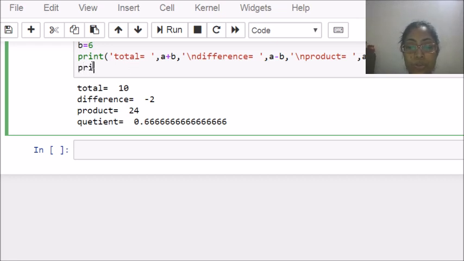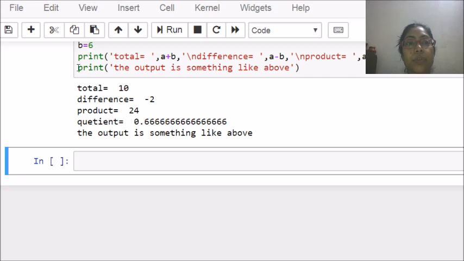I am going to show you a few more variations of print statement. Suppose this is what I have written here.